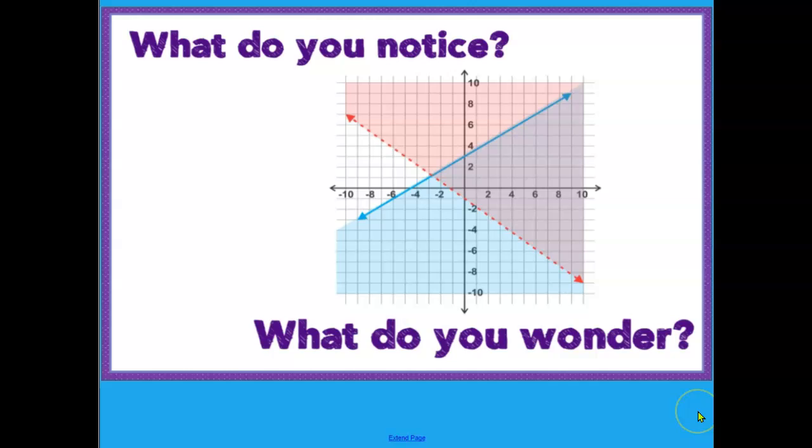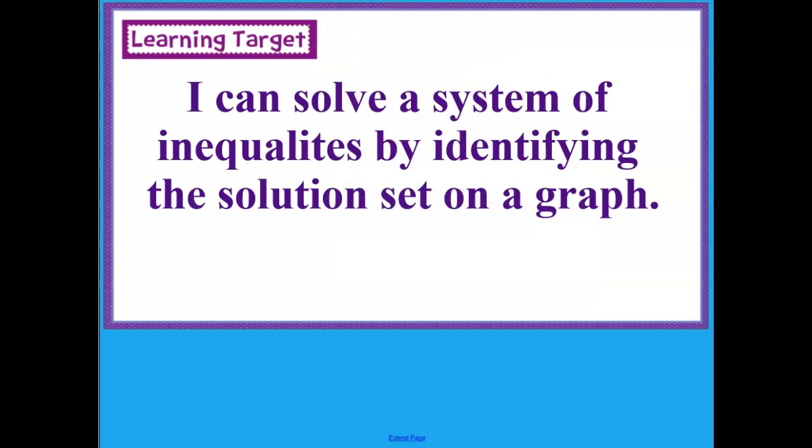We're going to talk about this solution set today and why in our previous lesson we started writing the letter S in the shaded area. When you graph two inequalities on the same graph, the S has to be located in the double shaded region. So let's get started. Your learning target today is to solve a system of inequalities by identifying the solution set